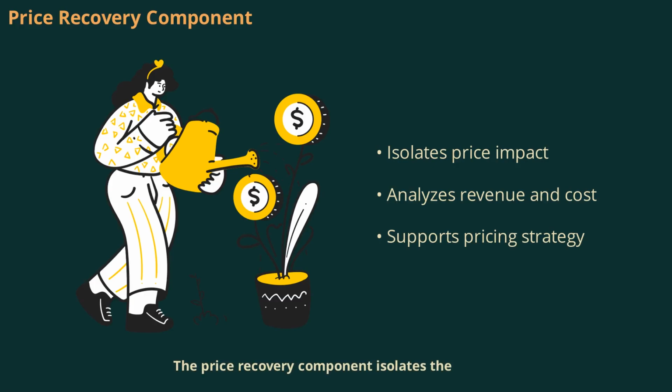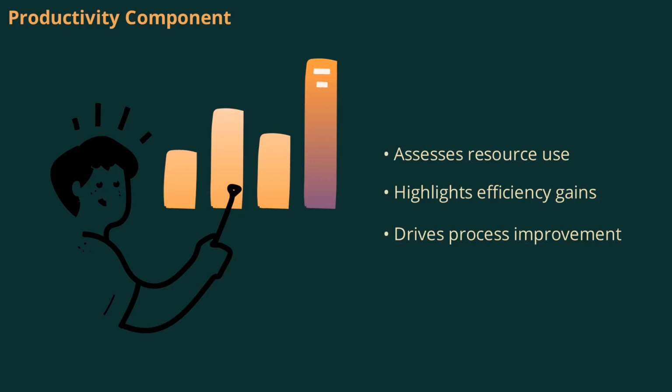The price recovery component isolates the impact of price changes on operating income. This involves analyzing how changes in selling prices and input costs affect revenue and expenses. For example, if a company raises its selling price, the revenue effect is calculated based on the difference between current and previous prices, multiplied by the number of units sold. Similarly, changes in input prices affect costs. By separating these effects, management can see